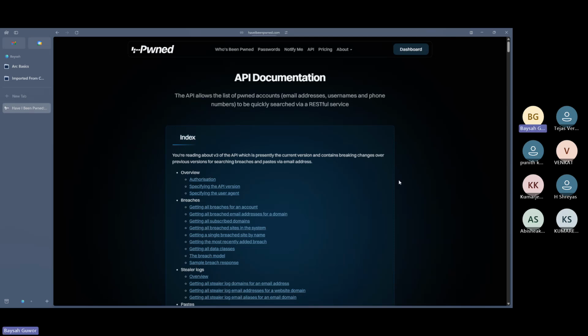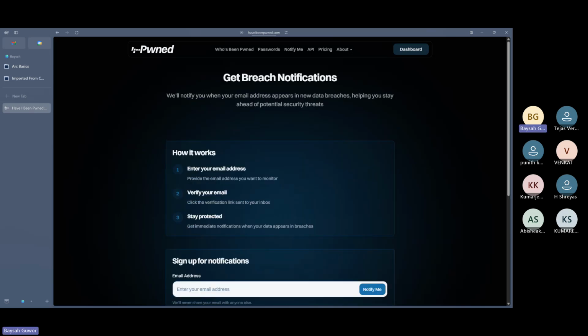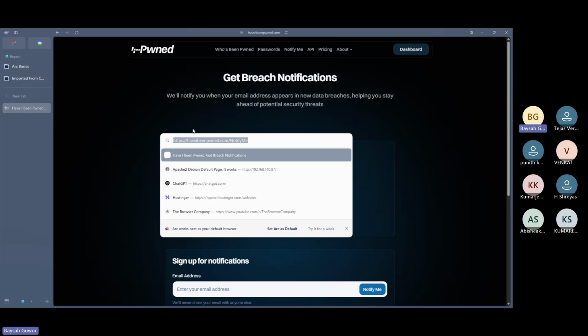We can also get such info from the dark web, but that we're not going to visit now. You can pay and get access to credentials using the dark web market. We can also get some from